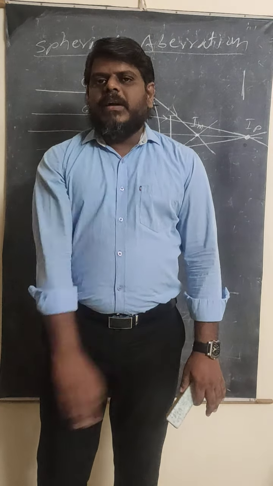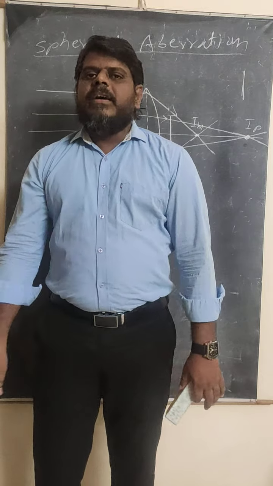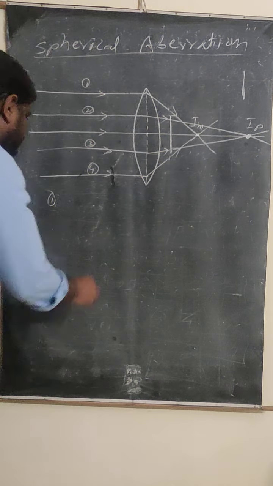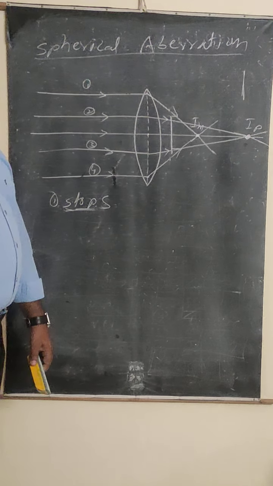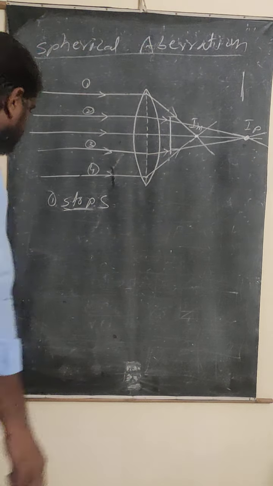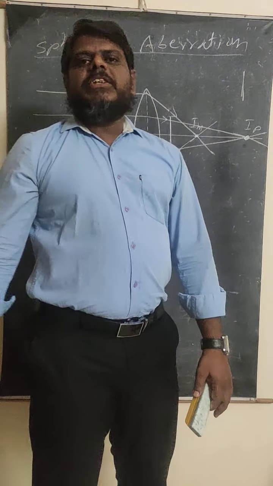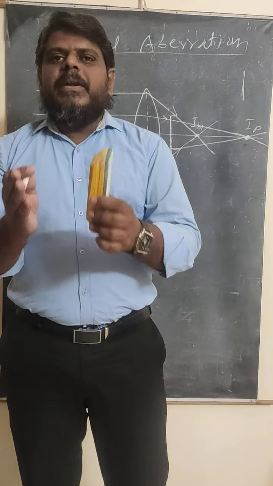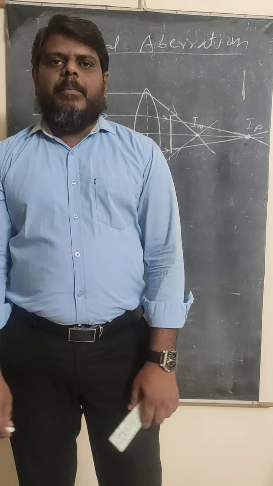Every time only one image will be produced, so that we can understand the image and study the image itself. Okay, this is the first elimination method, by using the stops itself. So we are going to eliminate the spherical aberration by using the stops. Next, the second one. For the second one, we are going to use a suitable convex lens and a concave lens. The combination of a concave lens and a convex lens will eliminate the spherical aberration.